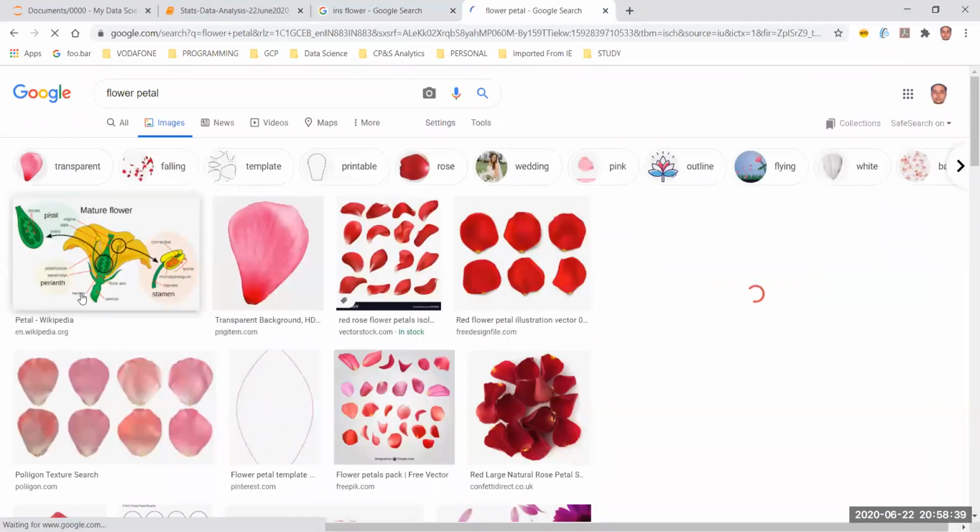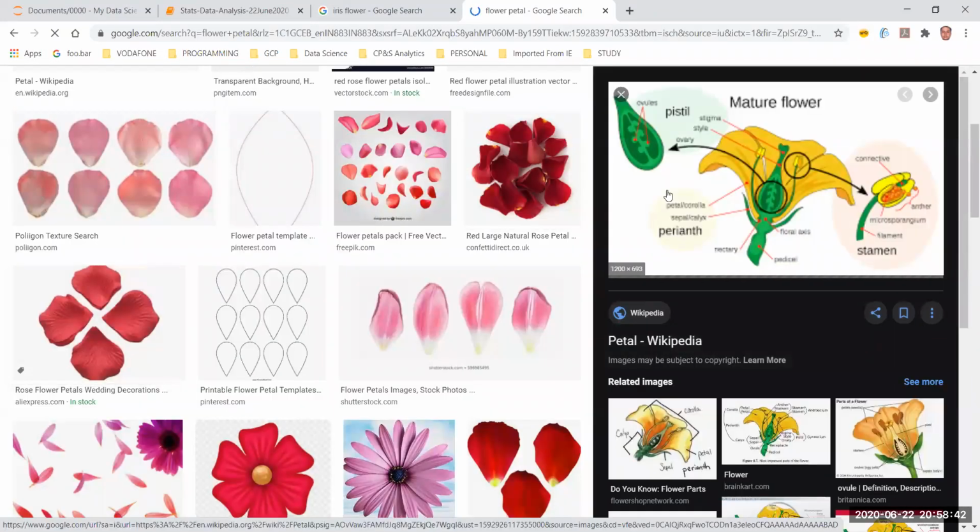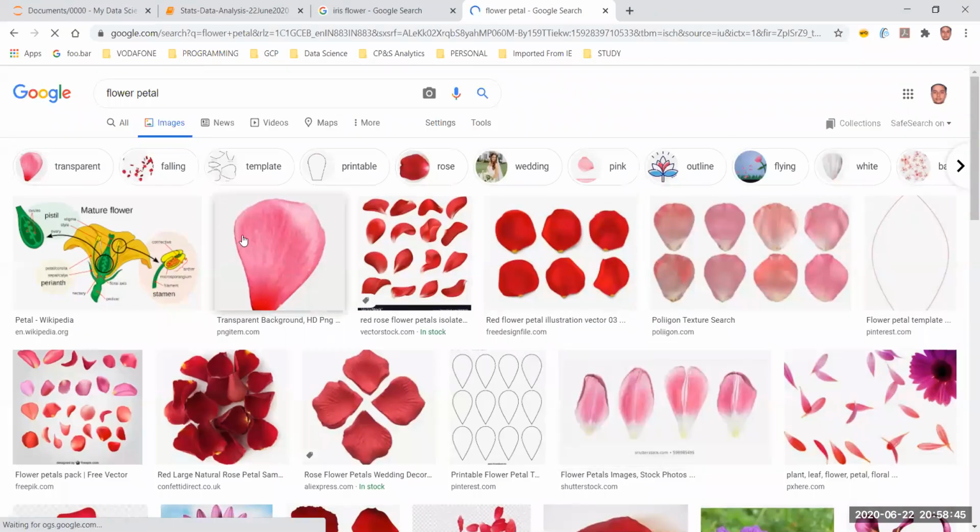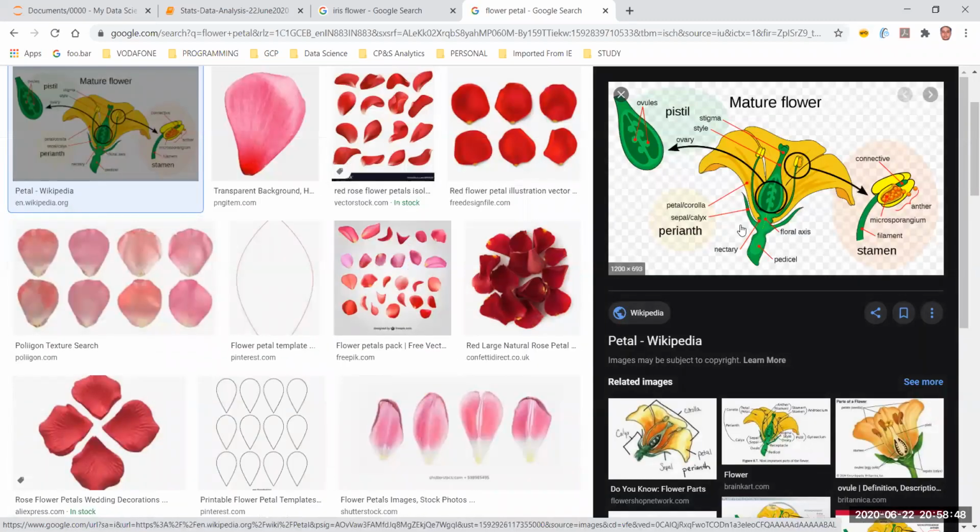If you don't know what a petal actually is, it is something like this. In any matured flower, there will be a part which is representative of the reproduction of the flower, in the sense that if you see this yellow part in this flower, this yellow part contains something inside it. There is a biological name for that: microsporangium. The microsporangium contained within this yellow part of the flower is going to help the flower reproduce, in the sense that these red dots are going to go out as they mature in the air, and they are going to give birth to other flowers.